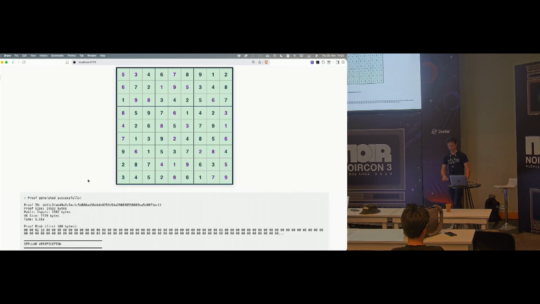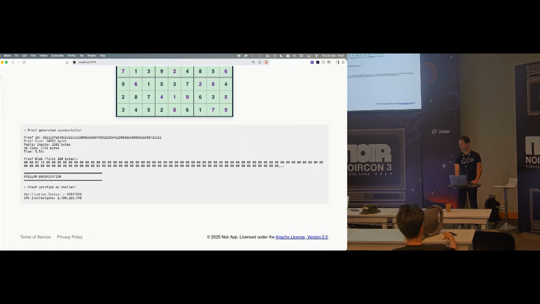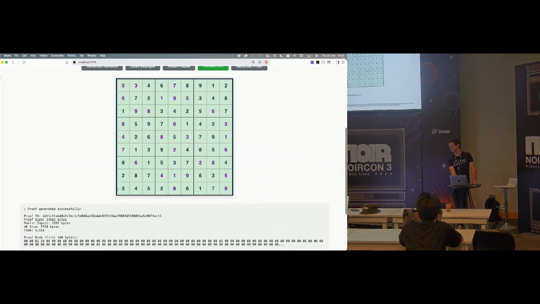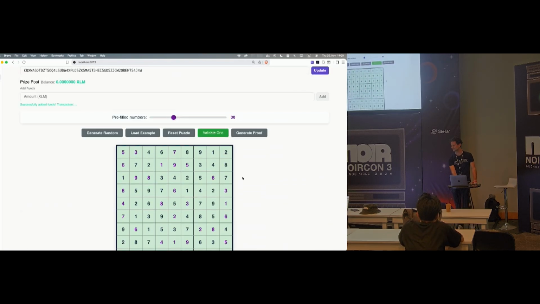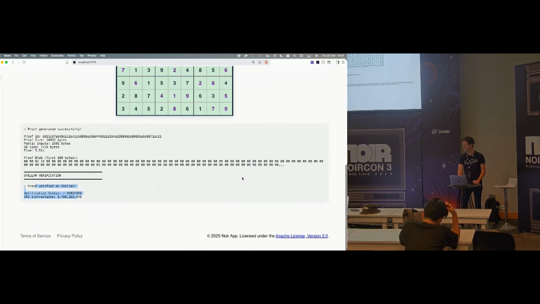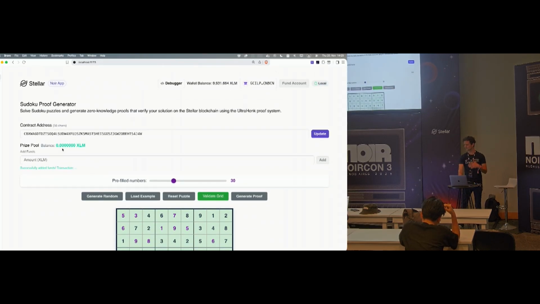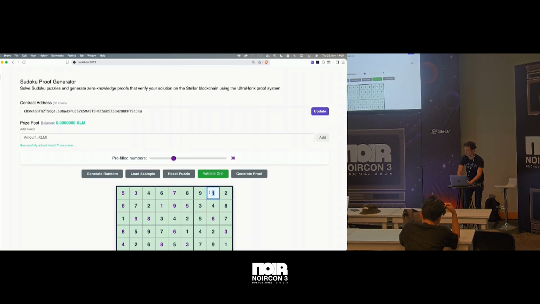And at the bottom, it's showing you that we just verified something on Stellar. We just verified the proof, the Noir proof, on Stellar. That's just what happened. And so you can see that the prize pot was taken,